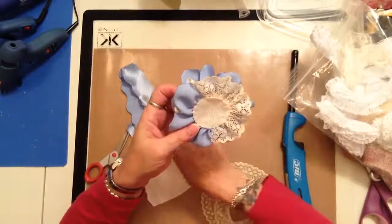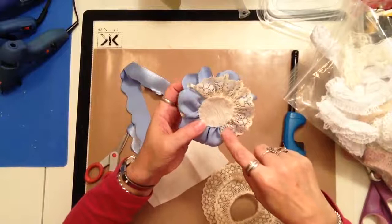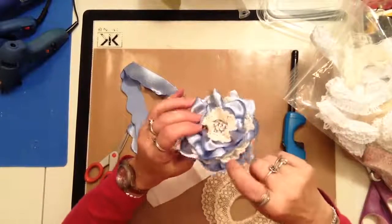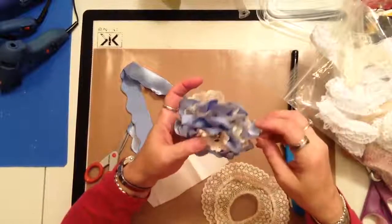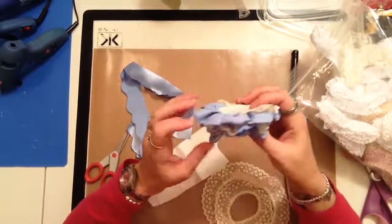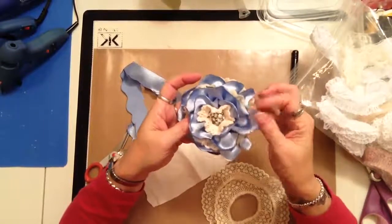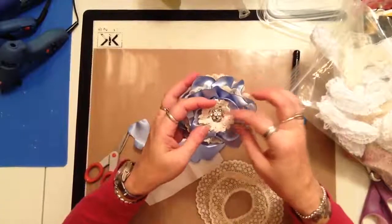blue satiny material, and I went around my disc, and then I stopped, I think, about halfway, and then I started with the lace, and I just kind of went around, and then when I got to the satin, I just put it over top, and then I went around some more and just kind of made it in a pinwheel, and it ended up coming out kind of like layers. And I wanted it to be nice and full, so I decided I would make another little strip of the blue material and put it in the middle, and then I finished it with a doily and a little